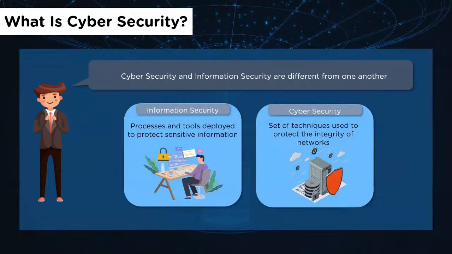So the main difference we want to understand here is the difference between cybersecurity and information security. Well, information security is data within the organization where they handle sensitive information or proprietary information, copyrighted or printed information, and they want to secure it from data leaks. Cybersecurity is basically a technique used to protect the integrity of a network. So this is when you're going to go on the web and on the internet. You're going to secure your devices that you have deployed, allowing people to access your infrastructure from the outside.